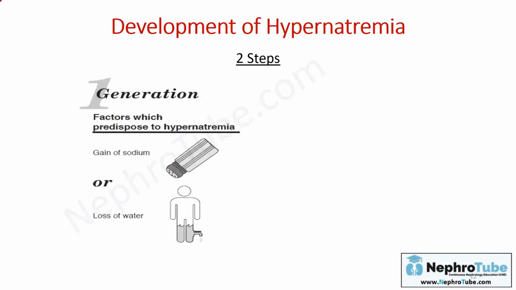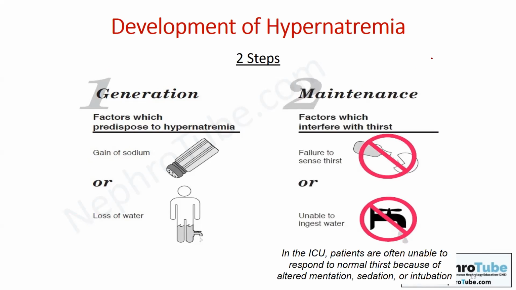So for the development of hypernatremia, there must be 2 steps. The first step is the generation of hypernatremia. This is by either gain of sodium or loss of water. But there is an important step for the hypernatremia to be developed, which is the maintenance of hypernatremia. For this, an important factor is that there is a limitation of water intake by the patient